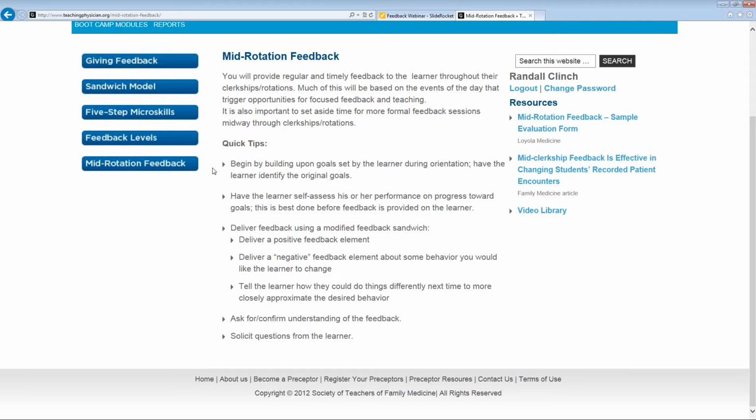We'll do the feedback with the techniques we just discussed, the modified feedback sandwich. Make sure they confirm things, and then if there are topics that they have to work on or you'd like to see them improve, make sure you come up with some sort of plan for them and reestablish goals for the remainder of the time they have with you. It can be fairly brief, shouldn't take very long, but it's a more structured discussion as opposed to the end of the clinic or the end of the day feedback sessions.